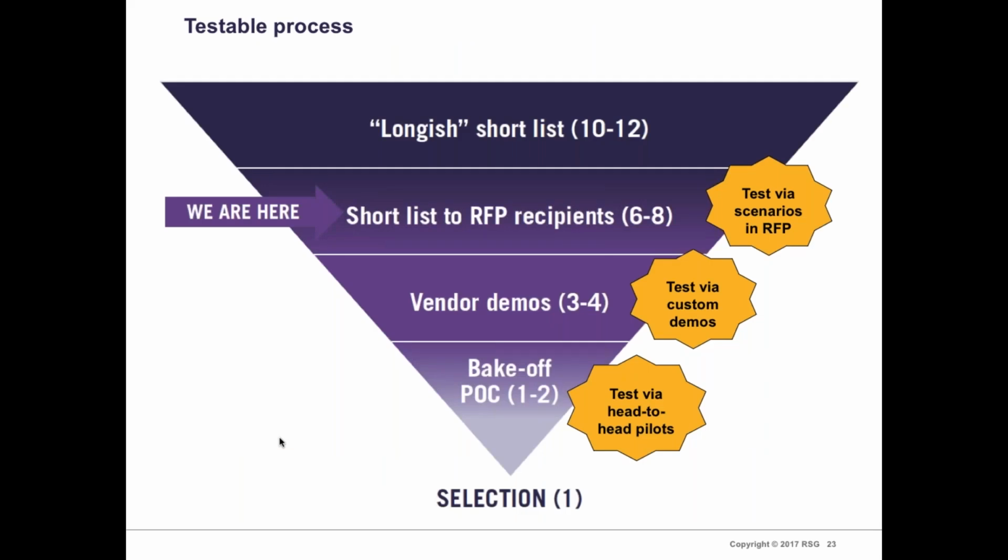So you might end up with a longish list of 10 to 12 vendors. Then ideally you send an RFP to a short list of recipients, or maybe go straight to vendor demos. In each case, the key thing is not to have generic demos or feature-based checklists. What you want are your own applications and user stories. User stories should be the center of what you're doing here. So they're not demoing what their tool could do, they're demoing your actual user stories that you've come up with.